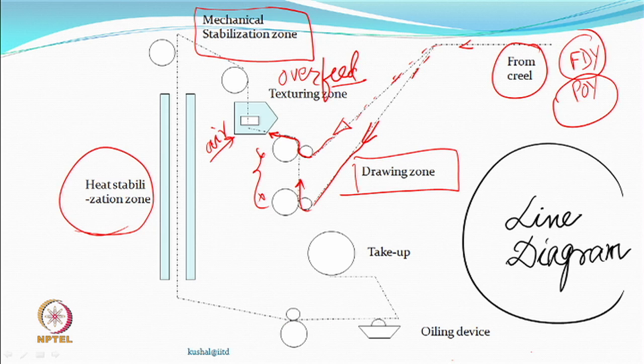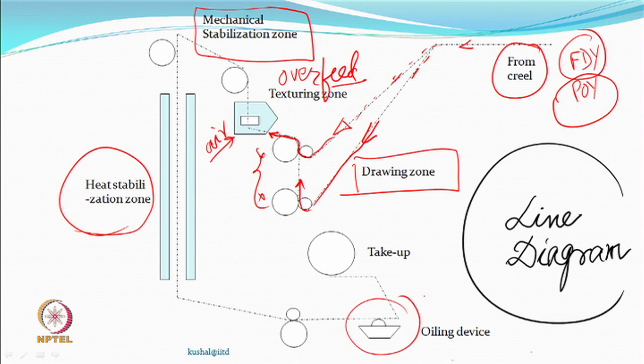This will be used only if there is a thermoplastic yarn. If you have a viscose being air jet texturized, you do not have to use this zone, but what you will do is the heaters will not be switched on. The machine may still have it, because you do not make one machine for viscose and another machine for that. Okay. And then of course, after this it will go through